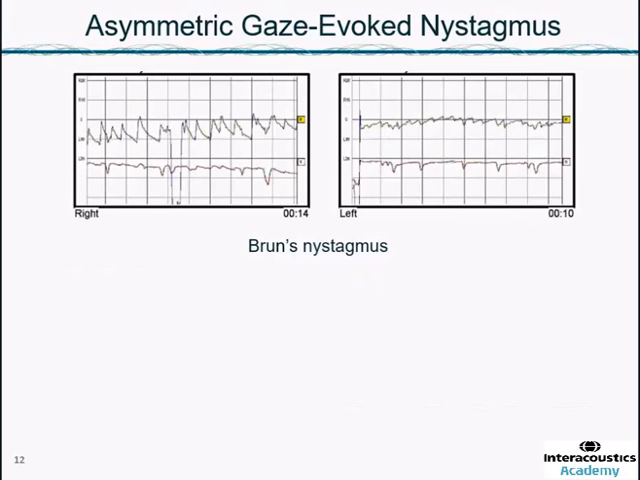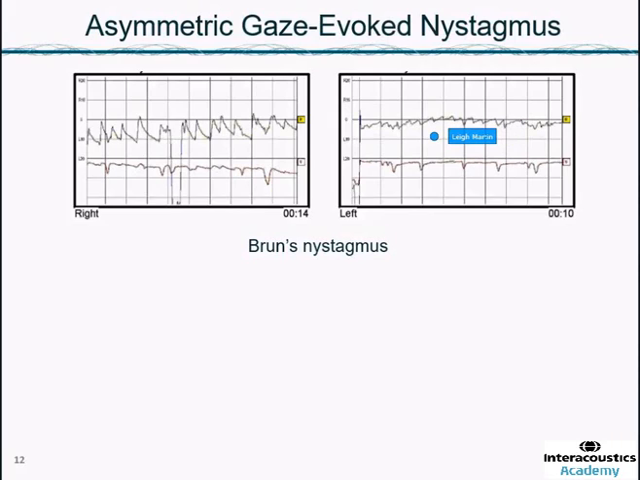This is a right-sided gaze-evoked nystagmus. It's a right-sided acoustic neuroma. It's a very large tumor. This is an old slide. We don't get these types of nystagmus very often nowadays because before we get to this stage, the acoustic neuroma has to be removed. An interesting feature of this nystagmus is that when you look at the left gaze,